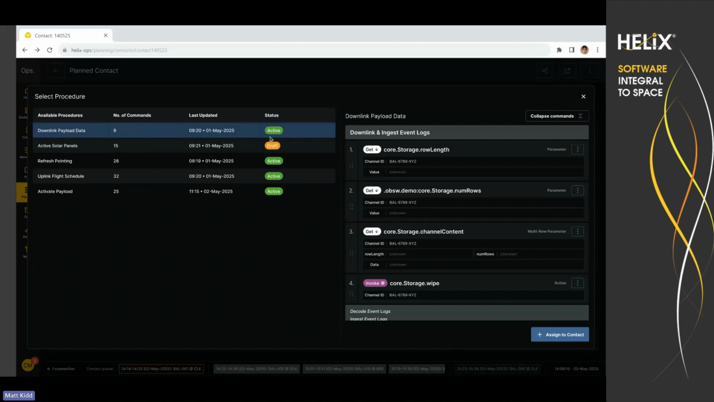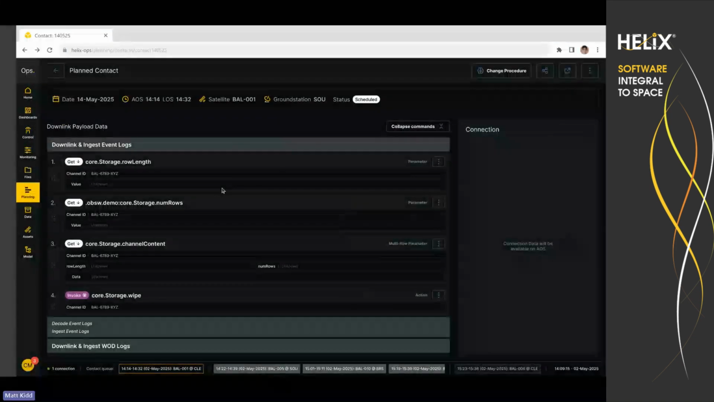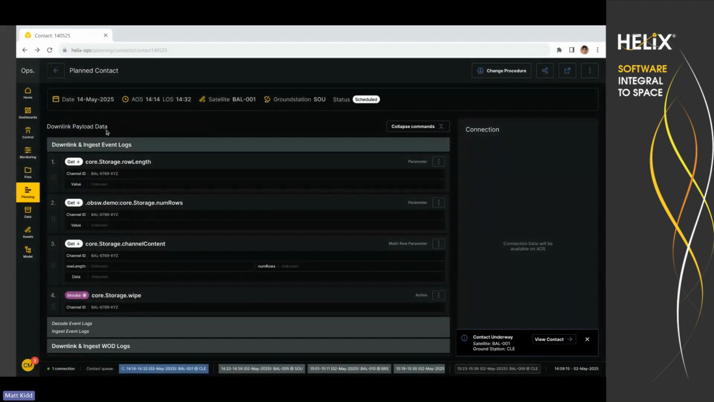We can see here that some of them are active and ready to be used, while some of them are still in a draft state. You can also get information about when they were last updated, the number of commands within them, and a quick preview of what these automations look like. By selecting this procedure and assigning it to a contact, we can get a more detailed view of what this procedure will do. In this case here, we are going to downlink payload data, and we can start off by